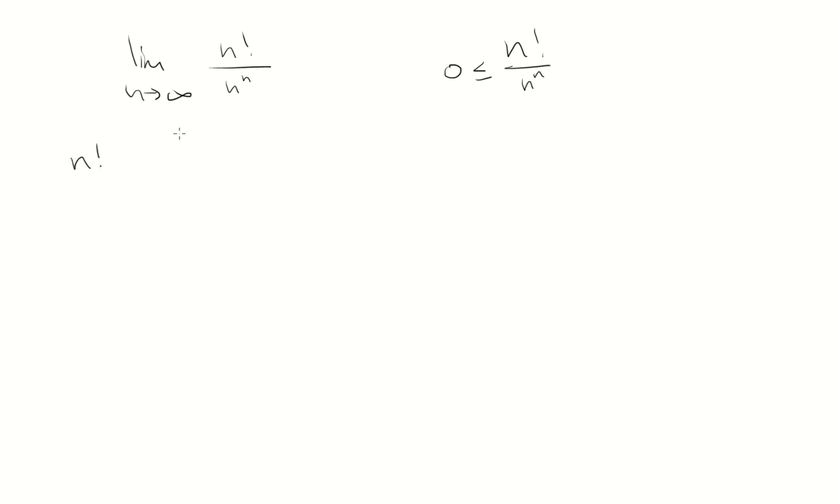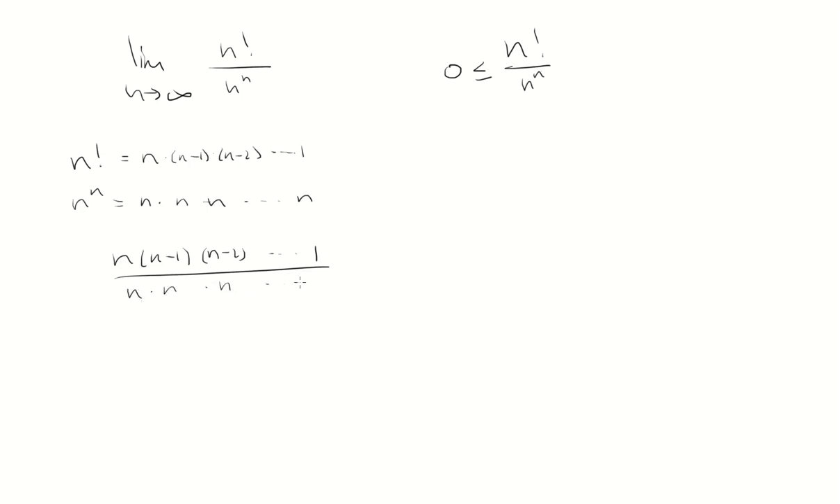So let's look at n factorial first. n factorial is n times n minus 1 times n minus 2 all the way down to 1. And then n to the nth is just n multiplied by itself n times. So if I'm looking at this ratio, I'm going to divide these like this, and I'm going to separate them into fractions. So we have n over n, minus 1 over n, minus 2 over n, all the way down